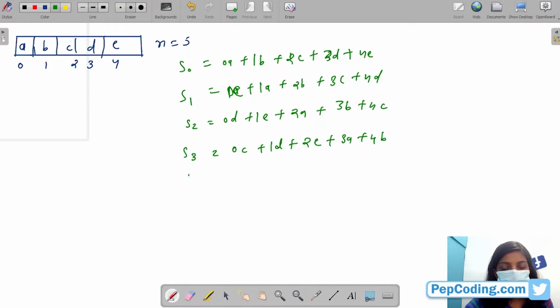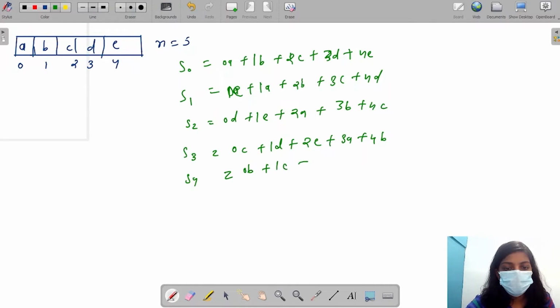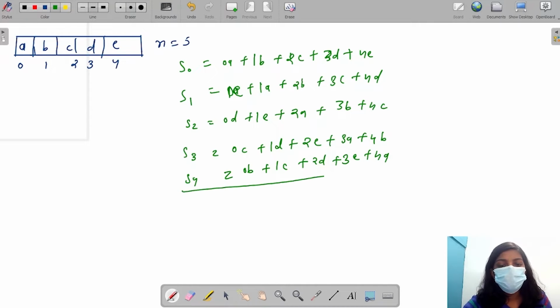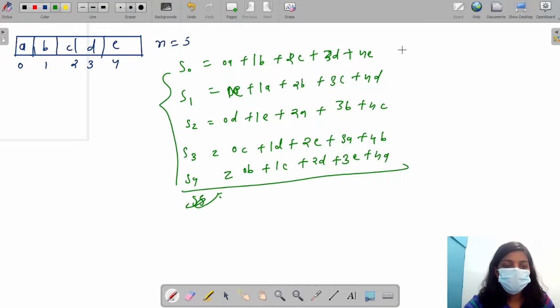Right? Now here also S4 will be equal to 0B plus 1C plus 2D plus 3E plus 4A. Okay. Now again if I rotate this, S5 will again have 0A, then again 1B, right? So there will be only 5 states, like there will be only 5 rotations, right? So